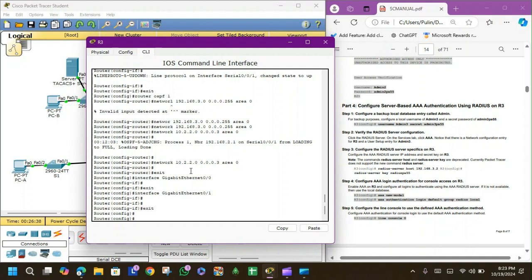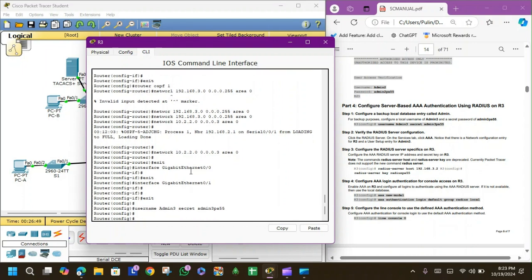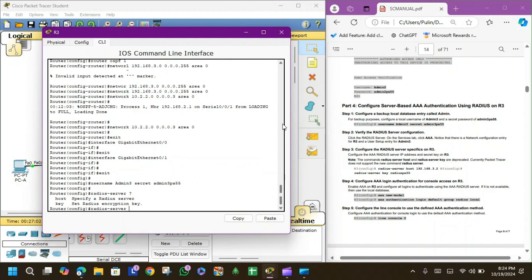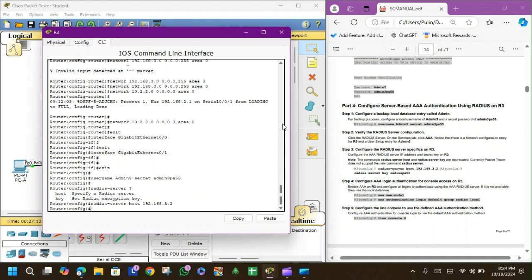So exit config mode, we are going to create a username and password first. So username admin3, secret admin3 pa55. Okay, now we have already entered our client IP and everything in the radius server, so we can do the next part, that's radius-server. Now suppose you don't know what's after radius-server. You can just click on question mark, and there you go, you have host and key. So just click on host, then the host IP address, in this case the radius server's IP address, that's 192.168.3.2. Okay, and you're going to add radius-server key,